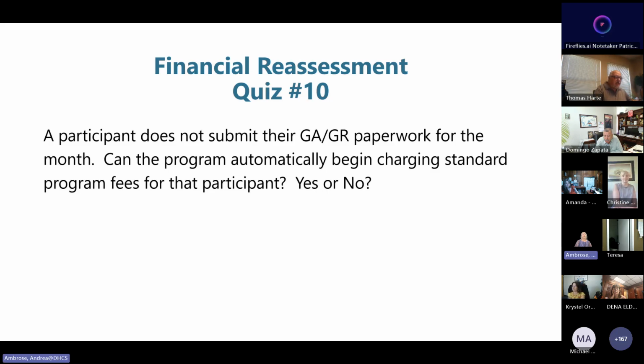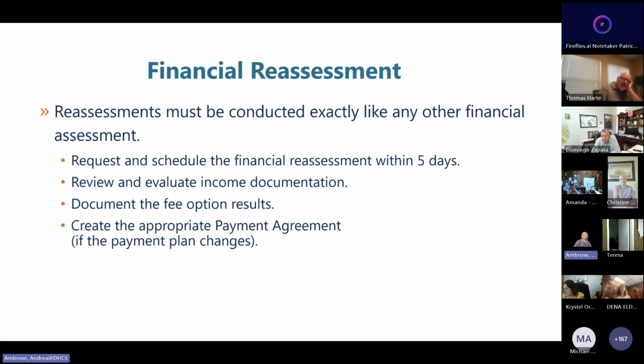Okay, so I see that most of you think that you can do that, but that in fact is not correct. You cannot automatically begin charging standard program fees just because a participant didn't bring their GA paperwork for the month. Again, if you're going to examine their eligibility every month, what you're actually doing is a financial reassessment.